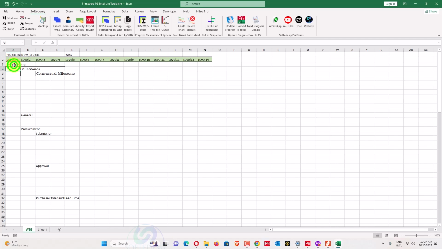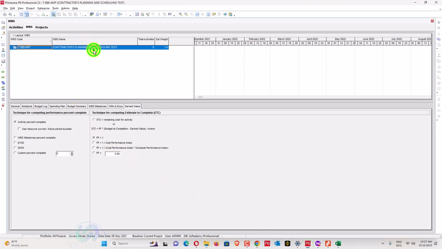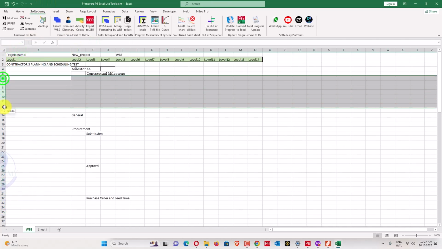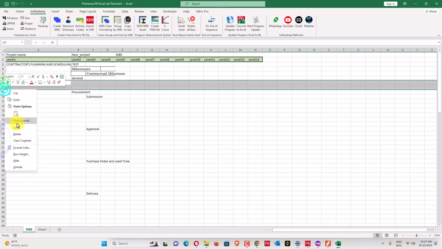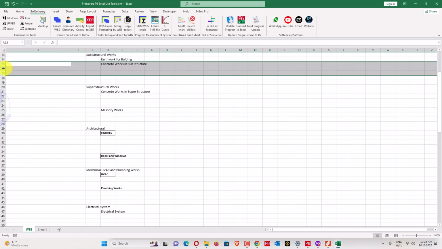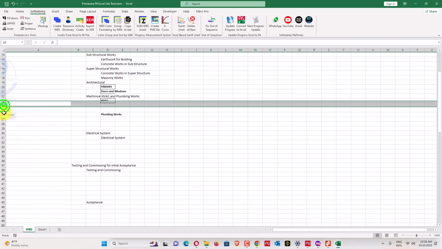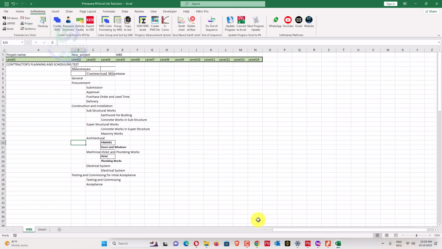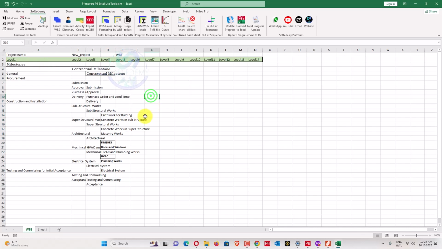Okay, name, what is the project name? And we'll just write here this one, maybe it will work. Copy, and okay, and now we'll just remove empty rows from below. I will just copy paste here all the levels here, and now I will just go here in the resource